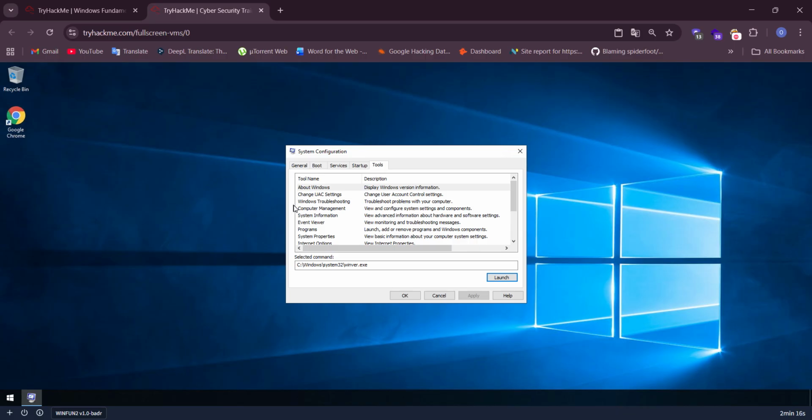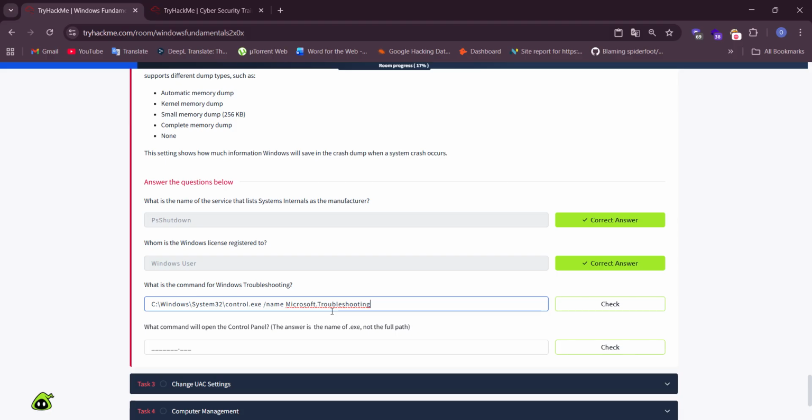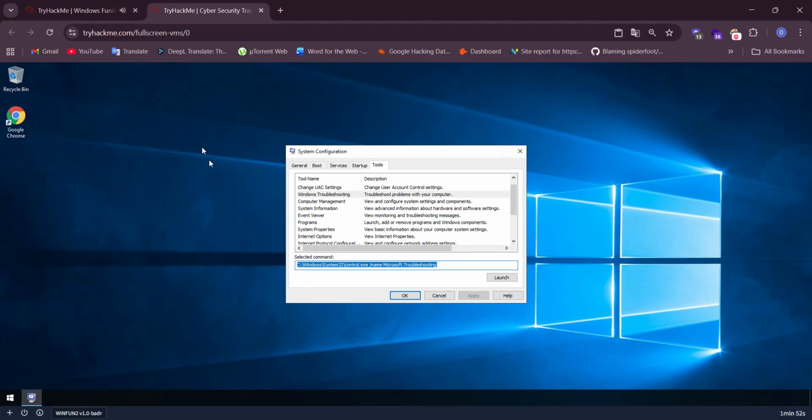Windows troubleshooting. Answer is that. What command will open the Control Panel? System properties.